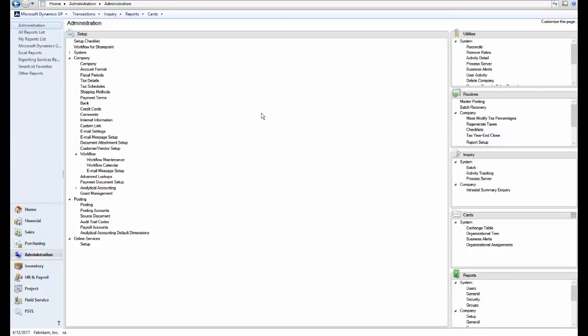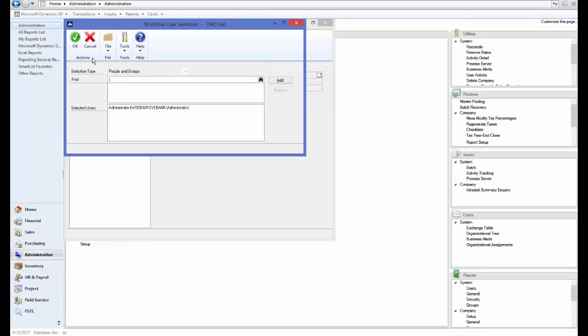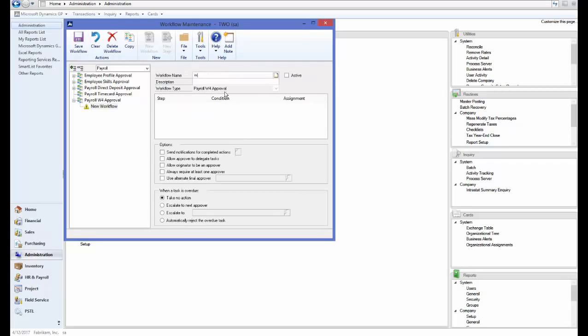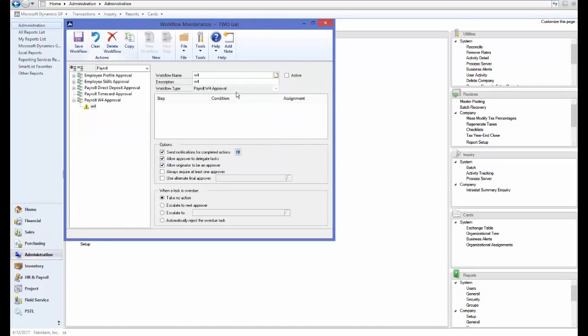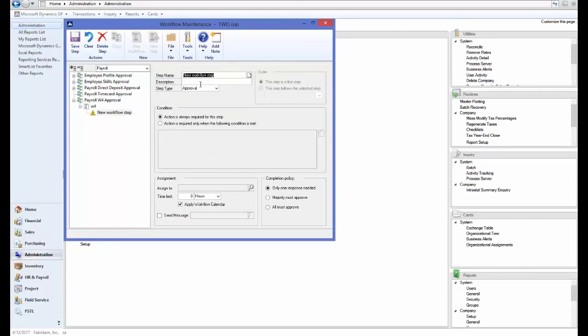To enable the W-4 workflow, under the Administration, Company, Workflow, Workflow Maintenance, Payroll Series, the W-4 approval, select your manager, click Save, New Workflow, title your workflow, select your options, click Save, New Step, name your step,